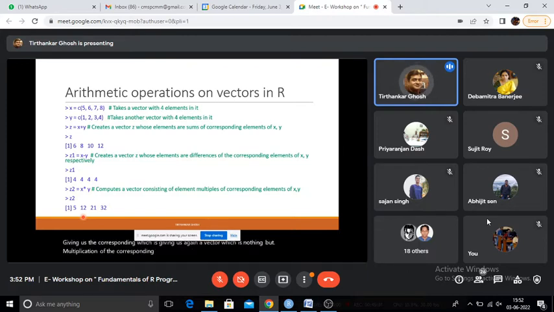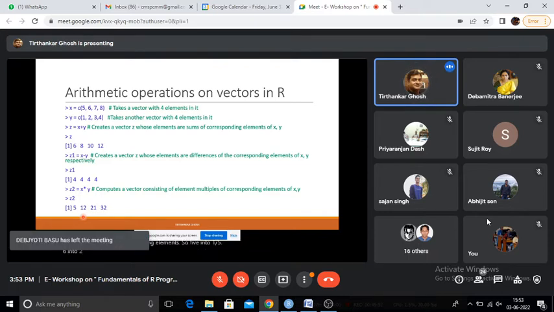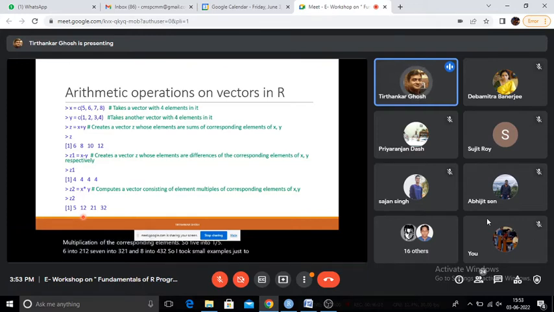So 5 into 1, 5, 6 into 2, 12, 7 into 3, 21, and 8 into 4, 32. So I took small examples just to show the calculations, because we can also verify on our own while we are describing the thing. I hope you can follow these.